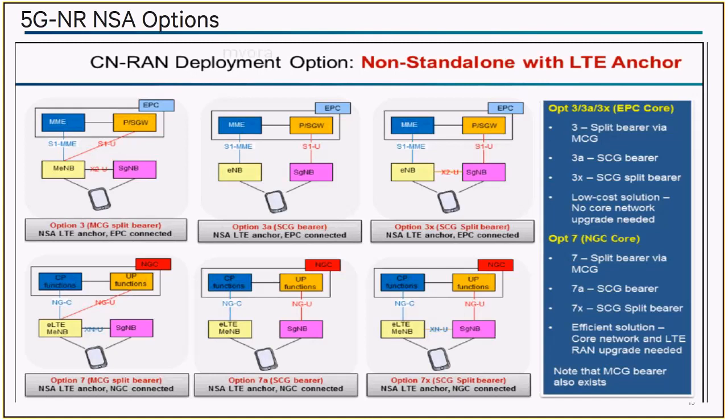That will be a master. Between option 3A and option 3X, that is your master. The reason why you would go for option 3X is that once your PGW or SGW has been upgraded, you can split your bearer in 3X. Whereas in 3A, your bearer cannot be split. So it is better always going via that.